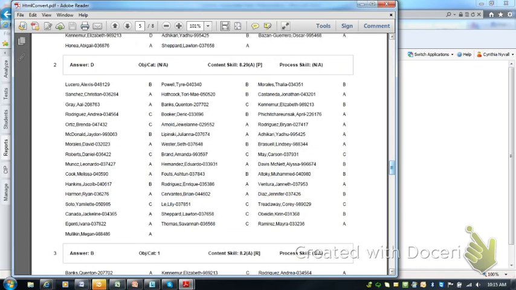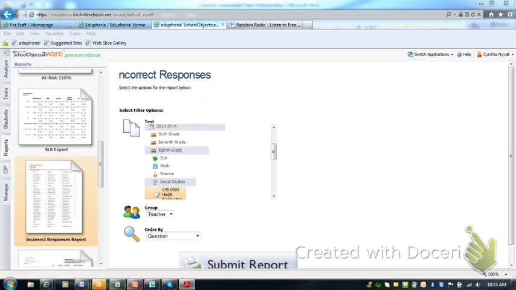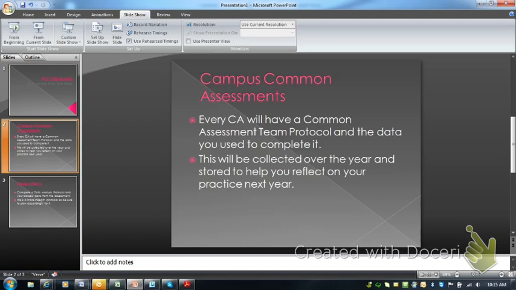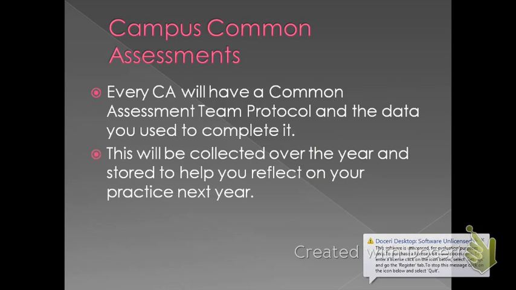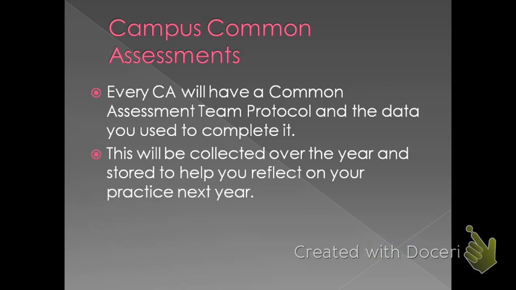To answer numbers 3 and 4 in your team protocol, those are the reports that you'll need to complete that piece of displaying data. So you just pull all that together, have your discussion, write it down, and stick it on your clipboard on the wall. At the end of the 6 weeks, I'll be pulling those down and filing them, and we'll keep those for you to look at whenever you're getting ready to review for the STAR test, or we keep them for next year to look at how did I teach that last year,